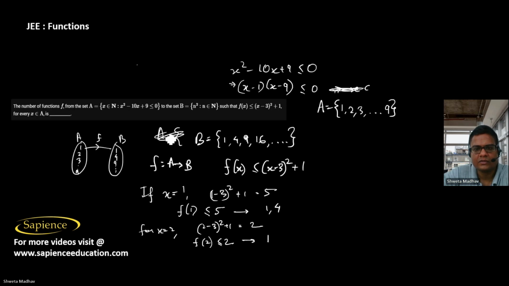So f of 4 should be less than or equal to 2, so it has only one option. And then for x equal to 5, it will be (5 minus 3) whole square plus 1, that is 2 square plus 1, that is 5. So f of 5 should be less than or equal to 5, so it has two options,